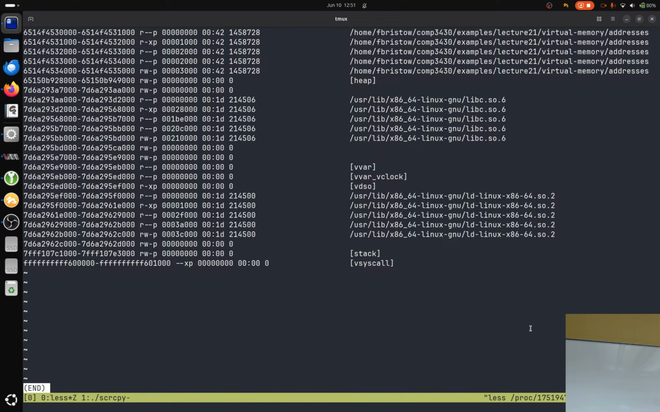At the very top here, you can see this entire path: home F Bristow, comp 3430, examples, lecture 21, virtual memory addresses. That's the name of the program that I asked my operating system to run. And we can see there are 5 entries here, and each of these 5 entries is in some region that starts with this prefix